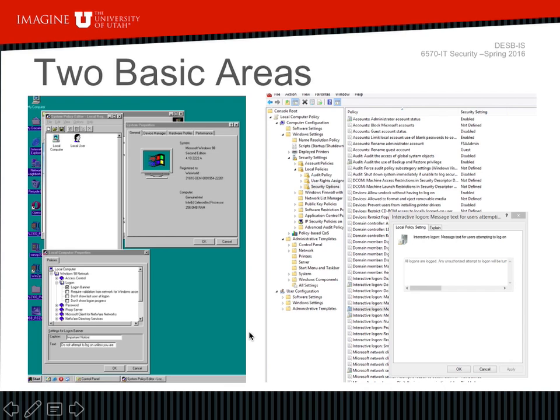So these two screenshots are showing, on the left, a Windows 98 computer, the one we were looking at earlier, and on the right, a Windows 7 computer. Both of them have a similar concept. Basically, you have certain policies that apply to a computer and certain ones that apply to a user. And so you can put a computer in a particular OU or set a default domain policy and have it go to all computers in the organization. And those policies would apply to computers, and then there are certain ones that apply to users